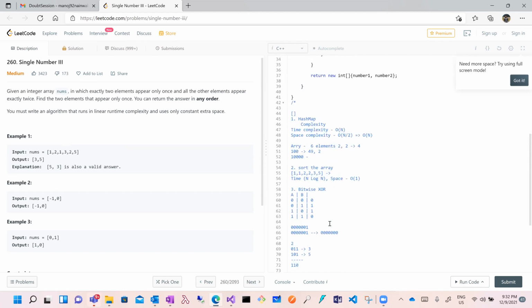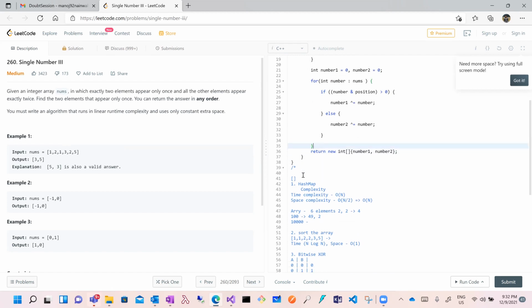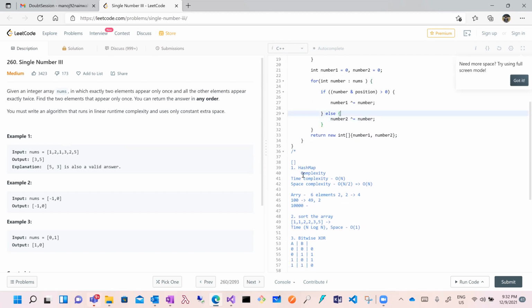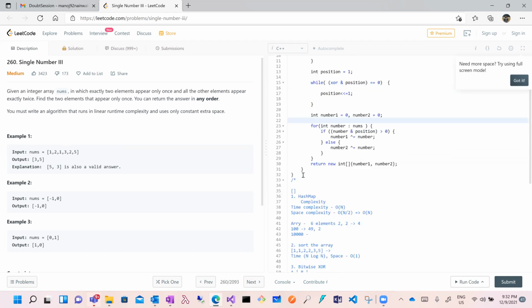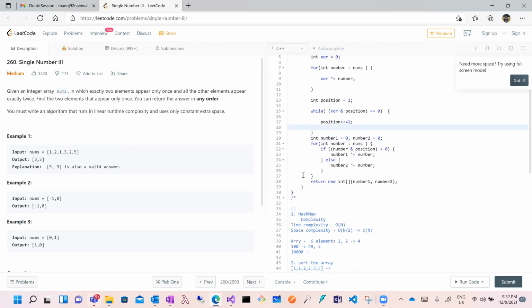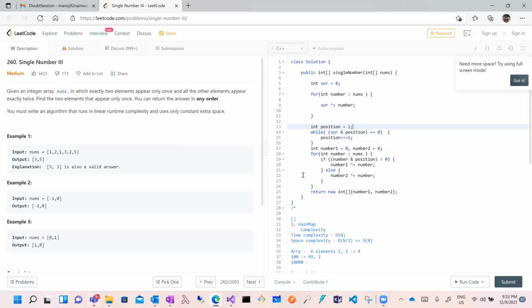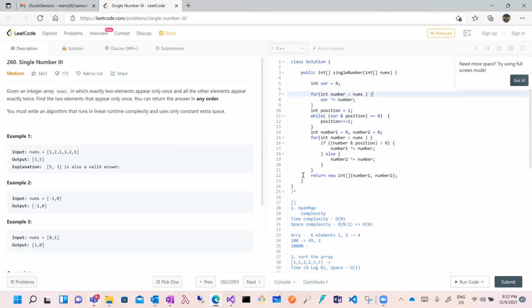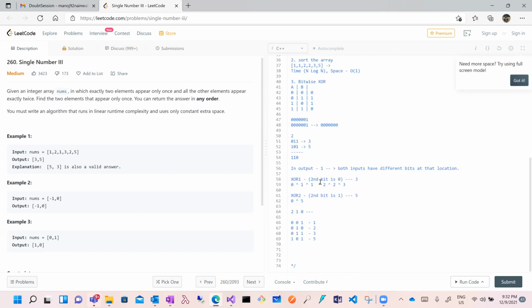So this is the code which I have written. Let me go through it quickly. It is the same thing which I am doing here.